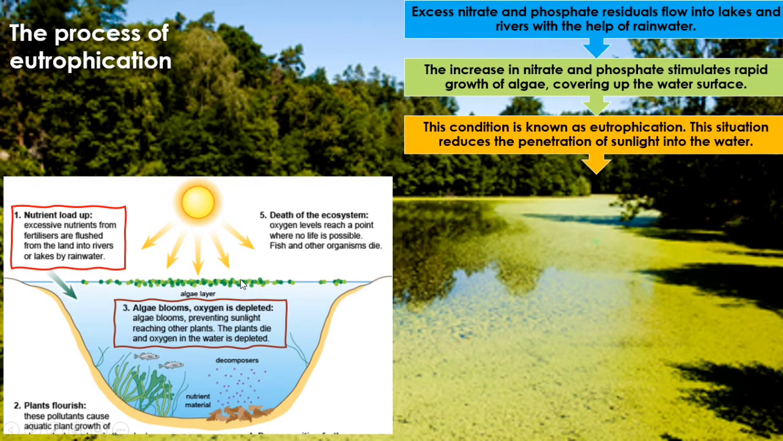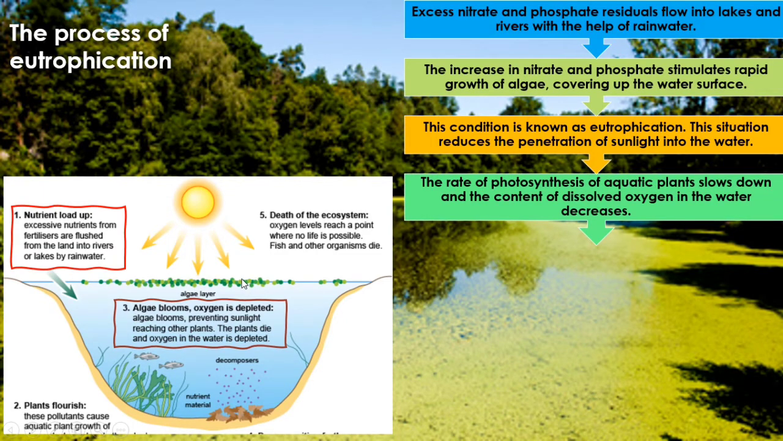So the rate of photosynthesis of the aquatic plants slows down and the content of dissolved oxygen in the water